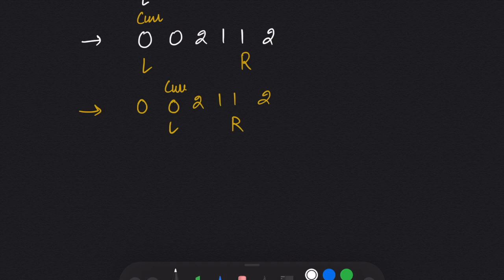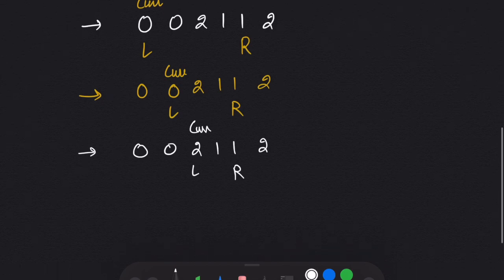As left is also at 0, after swapping, the result remains the same. So I will move my left and current to the right. So my current and left will come at 2 now.